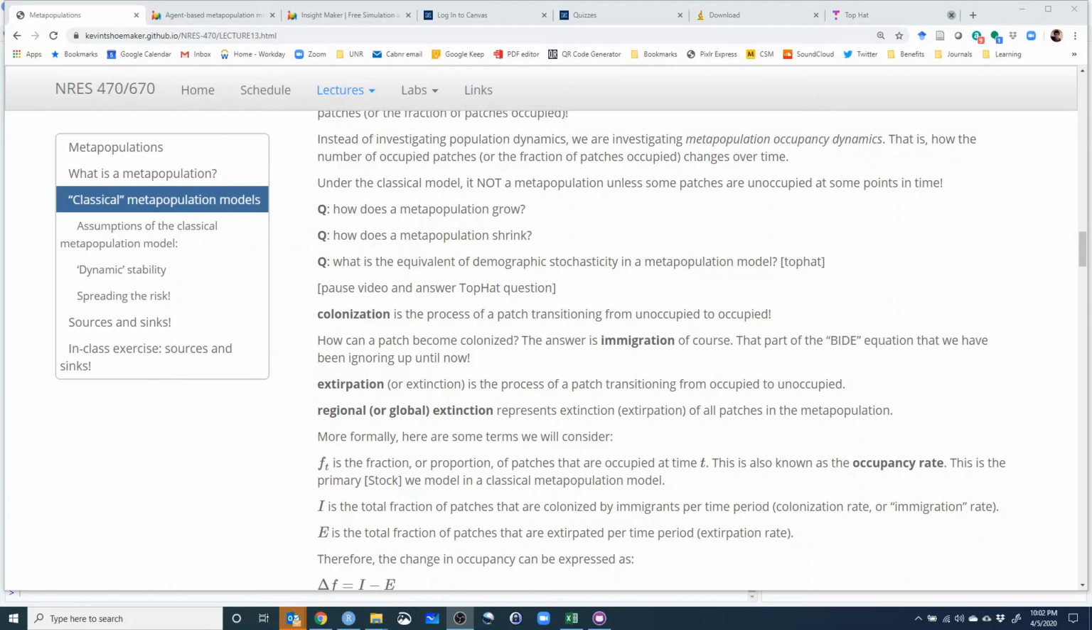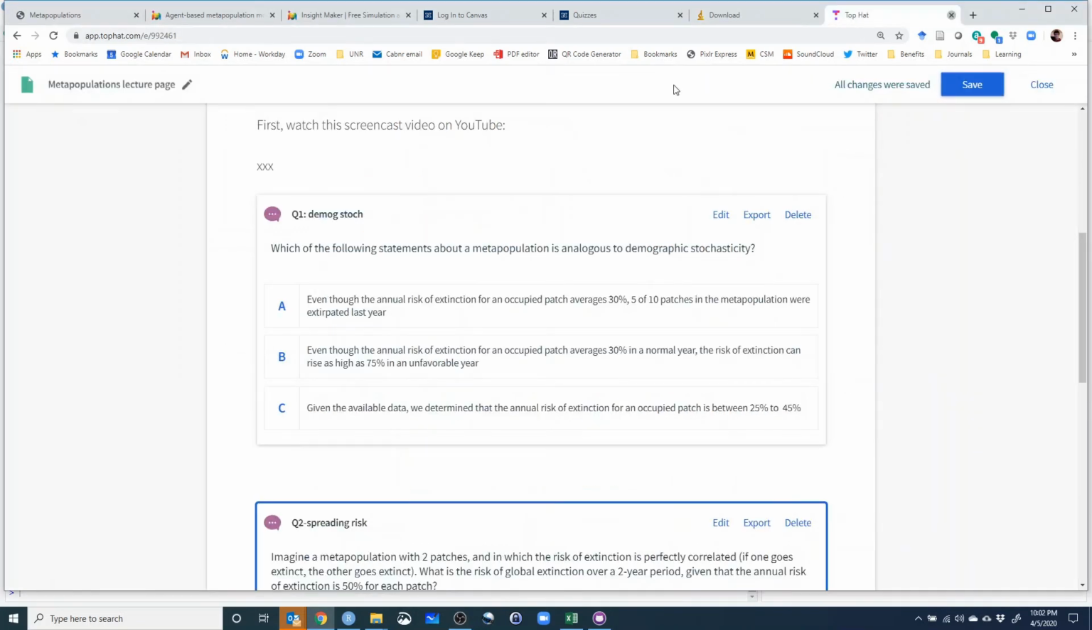And the question in particular is this: which of the following statements about a metapopulation is analogous to demographic stochasticity? A, even though the annual risk of extinction for an occupied patch averages 30%, 5 of 10 patches in the metapopulation were extirpated last year. Now, 30% extinction, you'd expect 3 out of 10 patches, but you get 5 of 10 patches